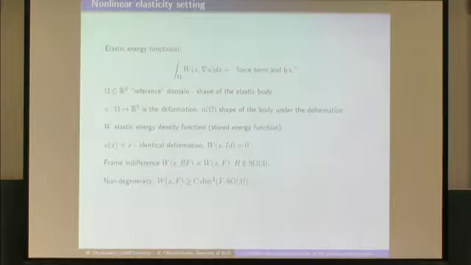So you can write Taylor's expansion near its minimum. The function W takes its minimum on the identity matrix, which is 0, and on all rotations as well. So if you write a Taylor expansion, the first term is 0, the second term is also 0 because it's a minimum. So you have only the quadratic term. This is why this assumption is quite natural.